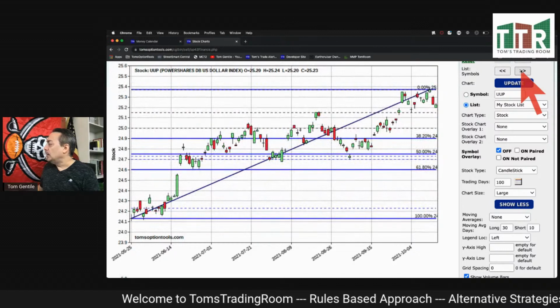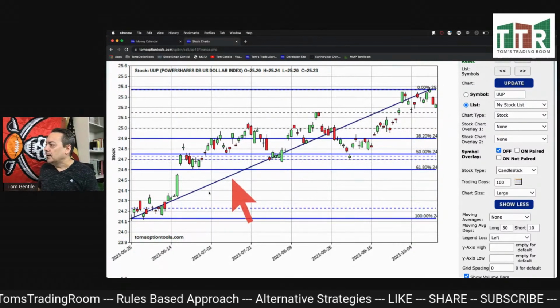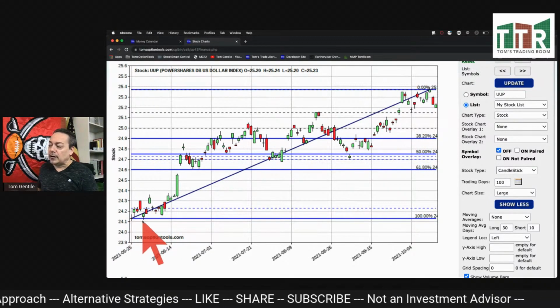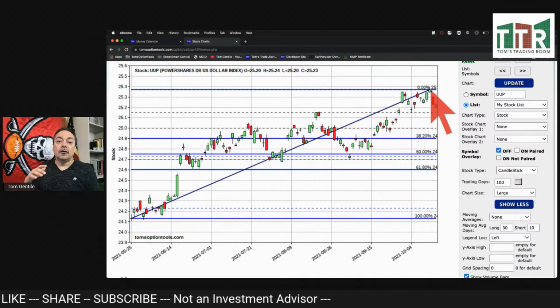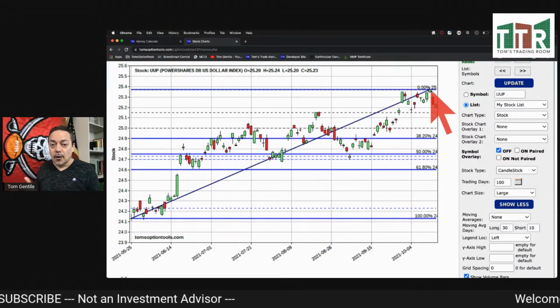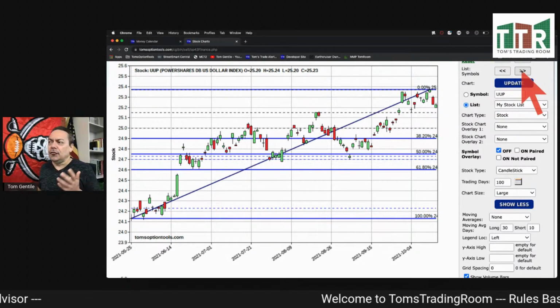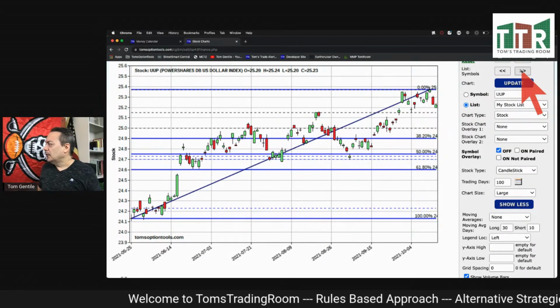Take a look at UUP. This is cash against foreign currency. At the beginning of summer, we were down in the low 24s, and now we're sitting in the mid 25s. That means the US dollar has risen against most other major currencies. This is really not a bull or a bear right now, because even though the dollar is a little more expensive,